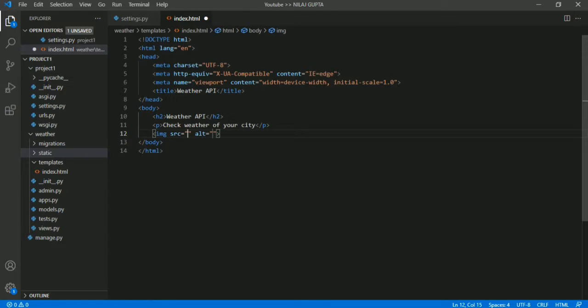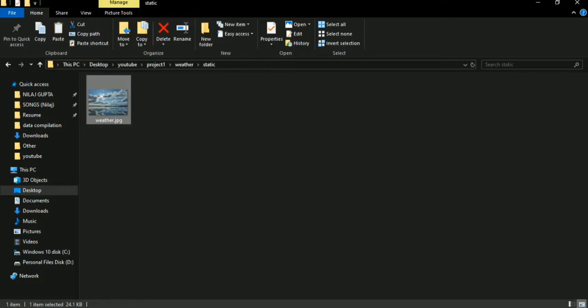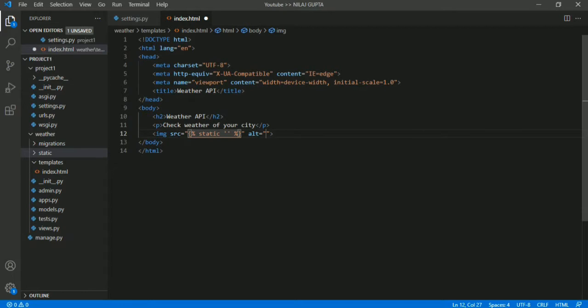In the source you have to write static and the name of your file, which is weather.jpg. And if the image is not found, then we will show an alternate text, image not found.